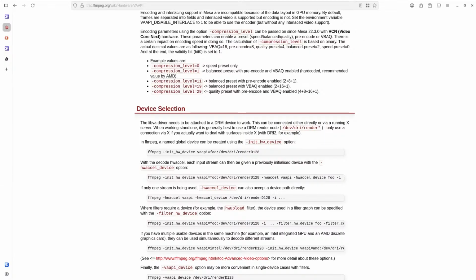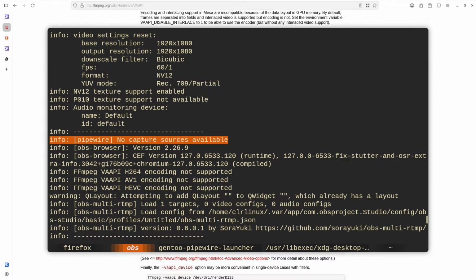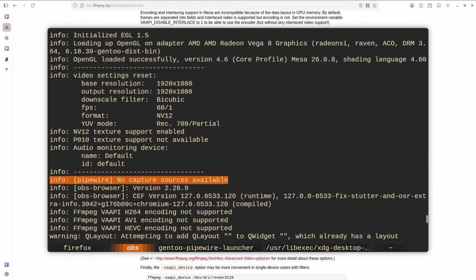Yeah, it's not working, and you can actually see it here, which I could actually check anyway. 12 P010.